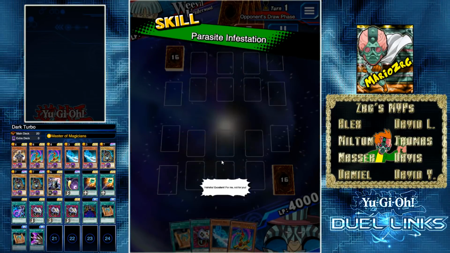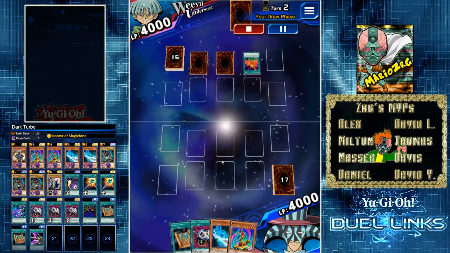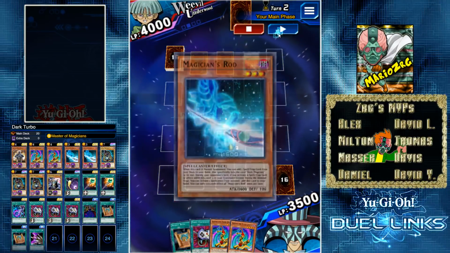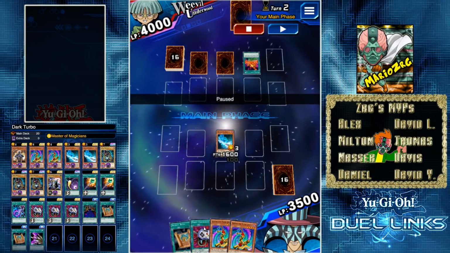Here we got a Weevil burn. Gotta love the Weevils. Full back row, burning lands. So here I take a gamble. I realize that I have my Legions and I have an enemy controller. So at any point I can...